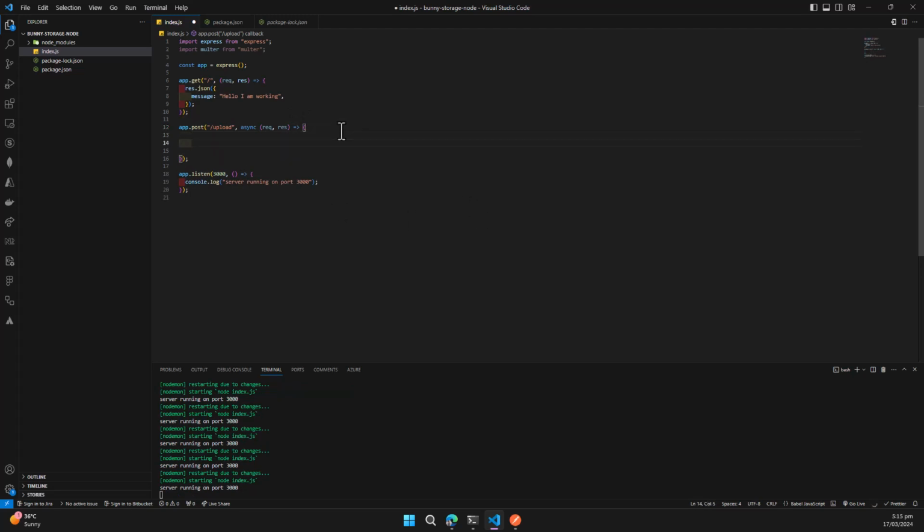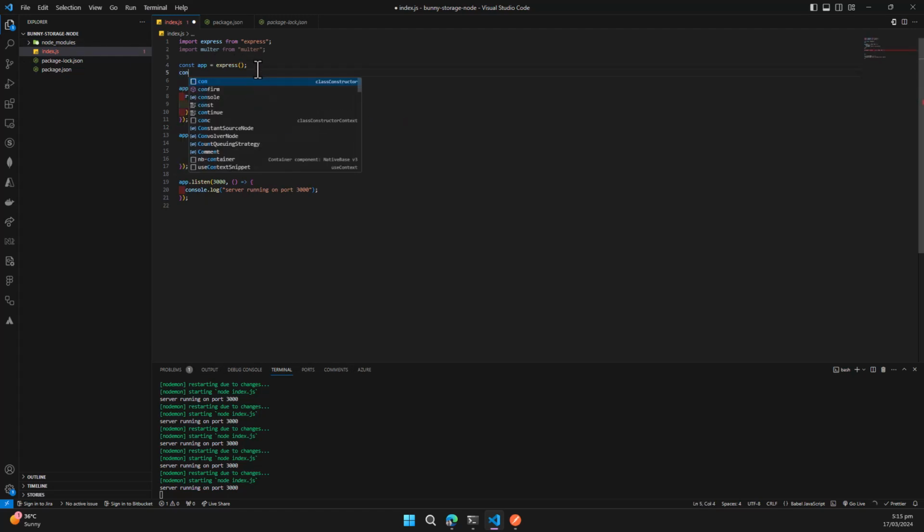So here, immediately the request hits the upload endpoint, I want to pass in the Multer middleware to be able to pass the files that we have, so that we'll be able to upload that to Bunny. So we'll do that inside here and say, oh, before then, let's create an instance of the Multer and tell it where to